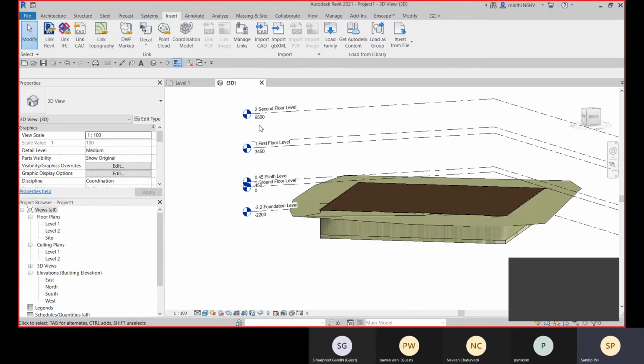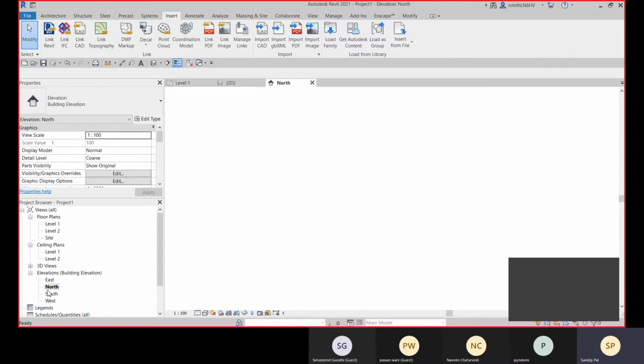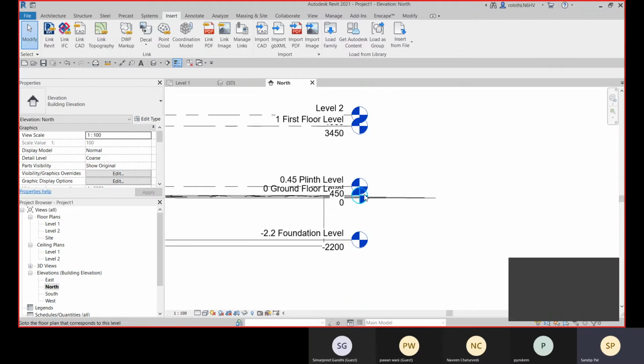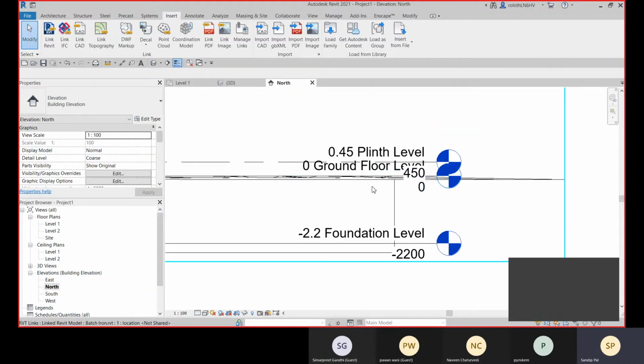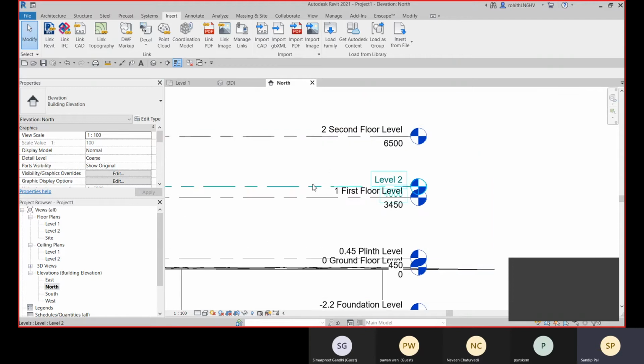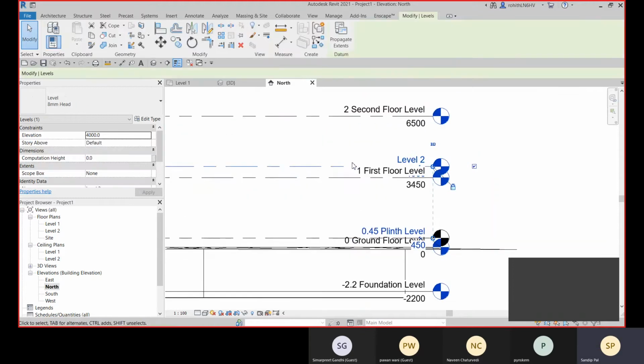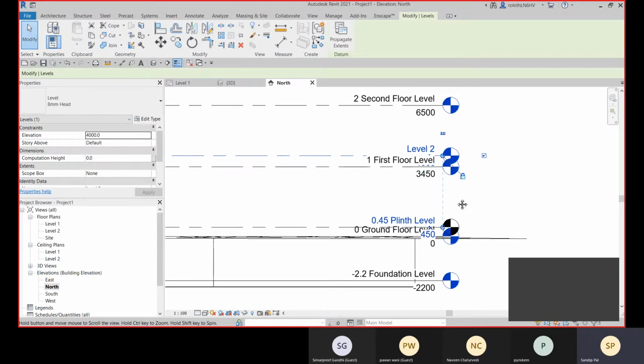So if these levels are required, so you can keep them, or else if you need to make some copy for these from this Revit link, so you can copy also, or else if you don't need this level 2, right, so you can delete them.